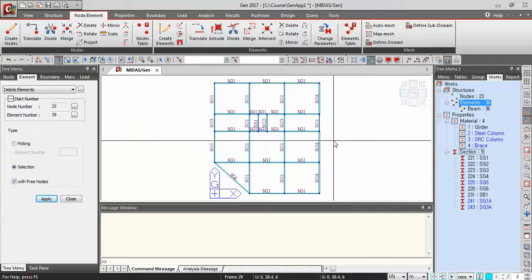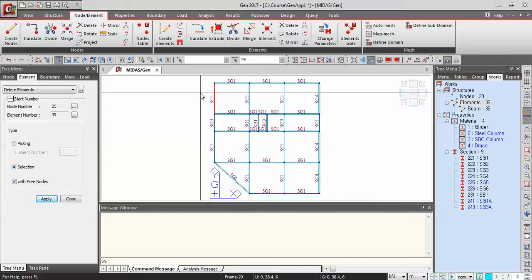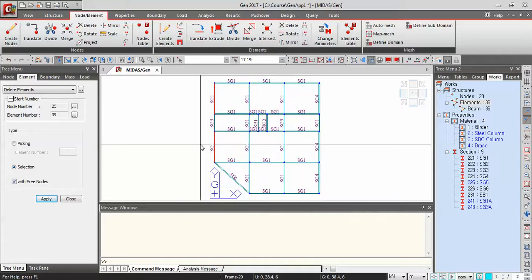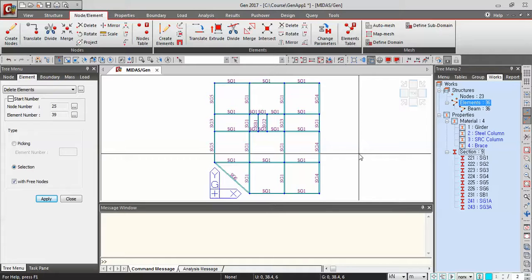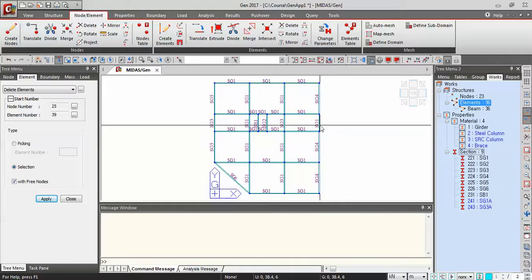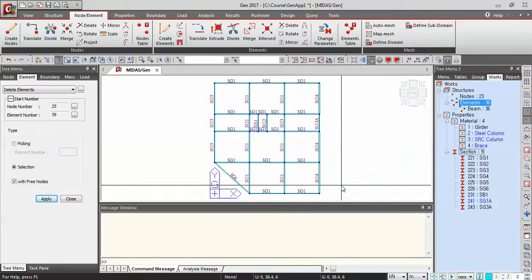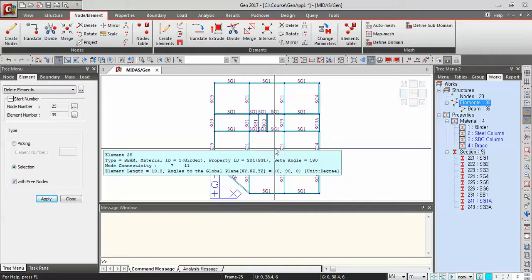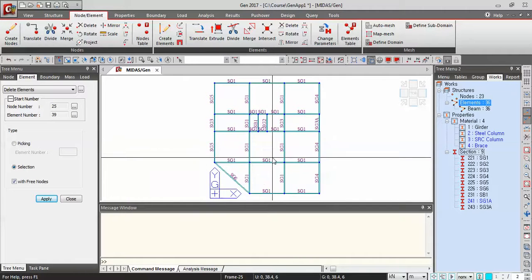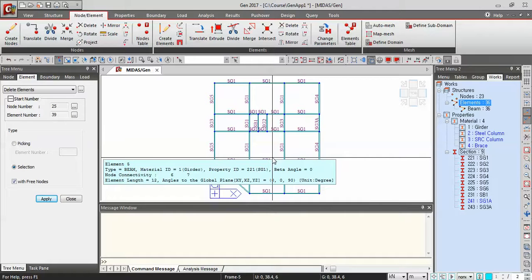For this one, these elements here, we will be changing that into SG5. And last but not the least, this one, we'll be changing that into SG3A. So there you go. We already have changed the property names or the properties of the members within our frame. So we are now ready to move on to our next